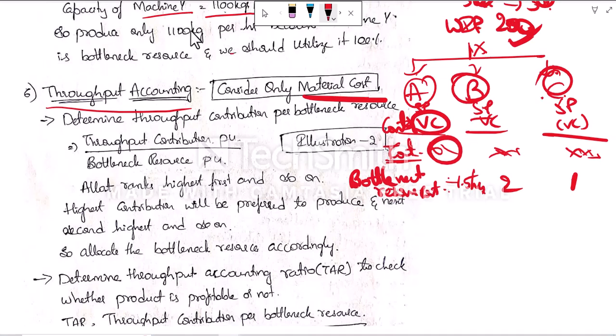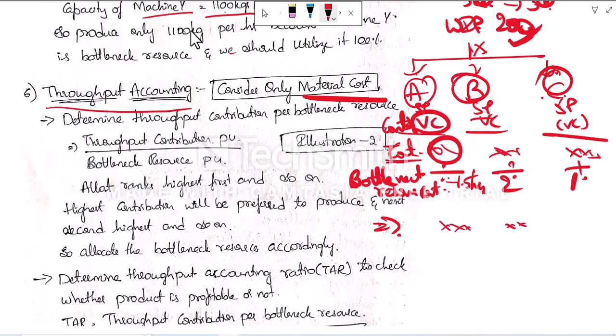Means bottleneck resource is here machine hours per unit of A, exactly. Okay, and next, after dividing with this, we will get throughput contribution per bottleneck resource, and we will arrive at